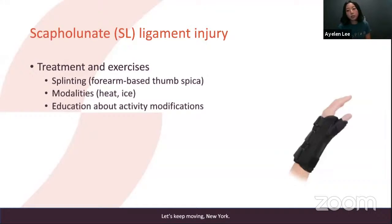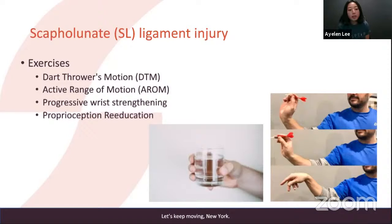And then again, we would educate the patient about activity modifications. So we wouldn't recommend lifting heavy items or weight bearing until the consent of the doctor or until the therapist recommends it, to prevent any further stress on that ligament. And on the next slide, I'm going to be talking about some of the exercises that we do in this session. So we typically start with the dart thrust motion, which research shows is a safe way to start range of motion without